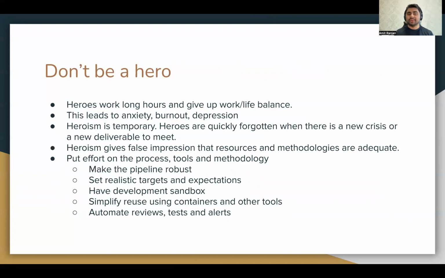Don't try to be a hero who works long hours and gives up work-life balance. Rather, focus on process, tools, and methodology. Heroism is very temporary. Heroes are quickly forgotten whenever there is a new crisis. Moreover, heroism also gives a false impression that things are adequate, resources and methodologies are fine, which may not be